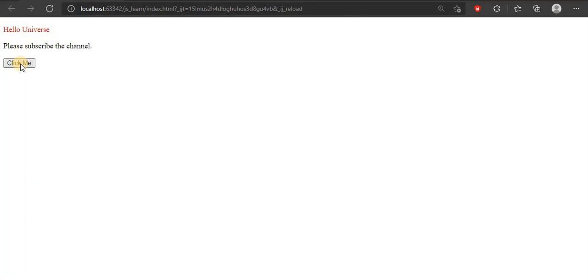But let's say when I'm clicking on this again, I want the red color to again change into black color. So how exactly are we going to do this? We are going to add some if else condition. We will say that if color equals to blue, then we will change the color to red. If the color is red, then we will change to black.